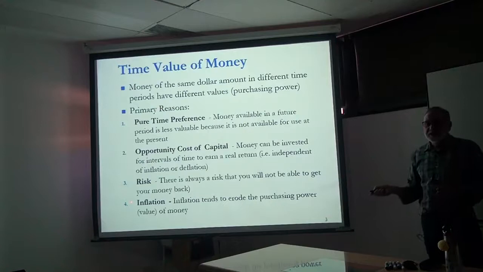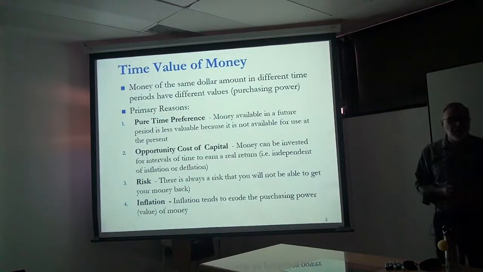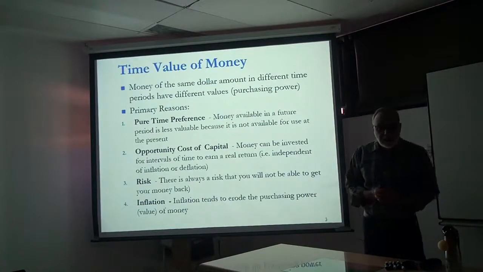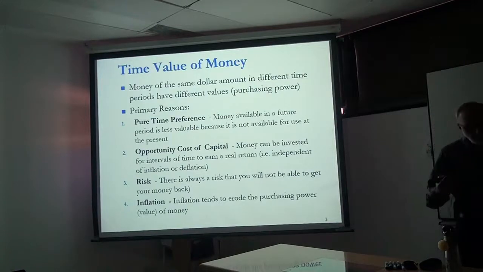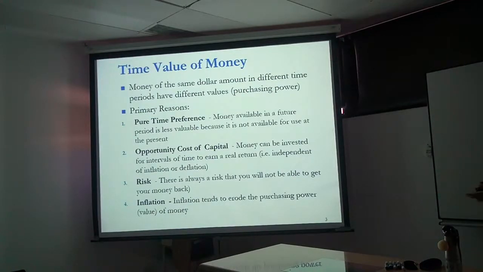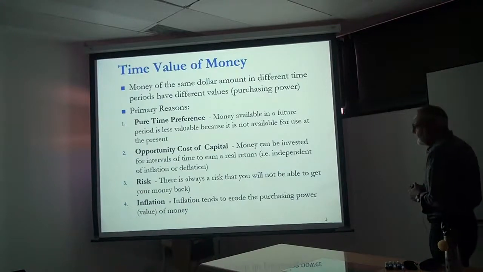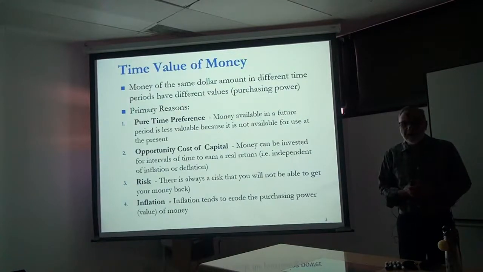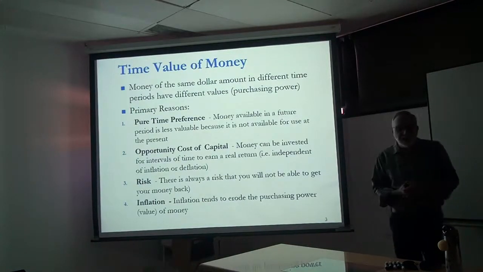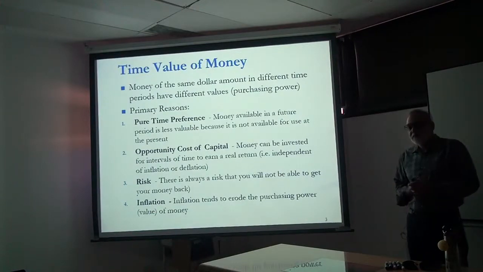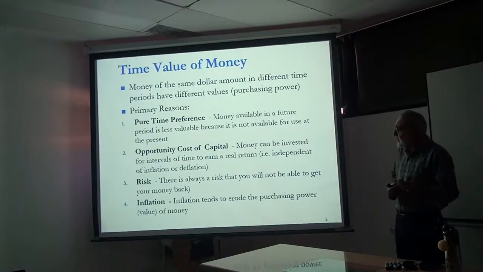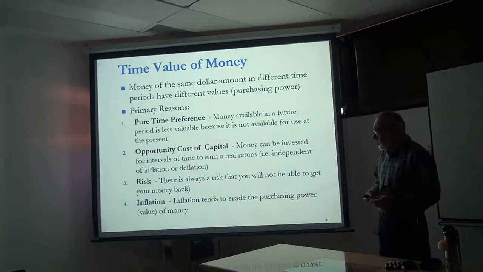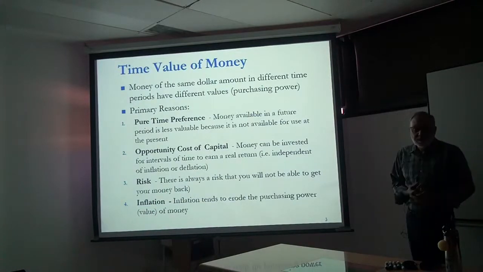The third concept which is also used in justifying the time value of money is risk, that there is always a risk that you will not be able to get your money back. Giving the example of your friend again, he borrowed 1,000 riyal from you, and there is always a chance that he may say I didn't borrow anything, or I don't have money, and he keeps delaying you, and he may return it after maybe 5 years or 10 years, or he may never return it. So there is always a risk involved.